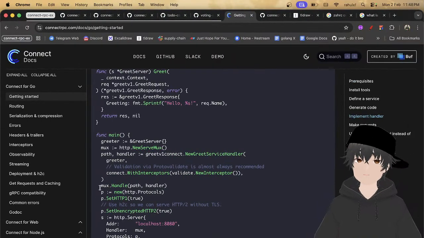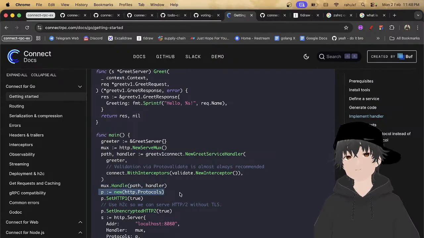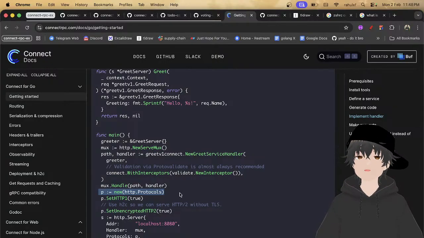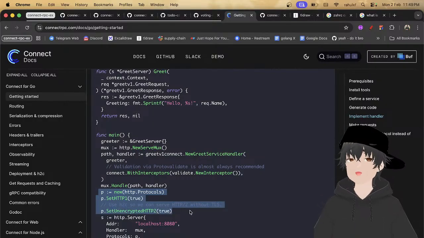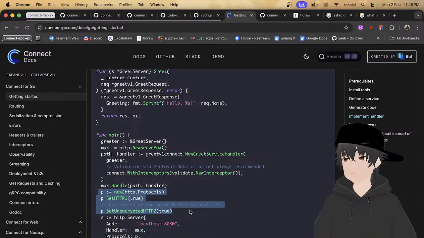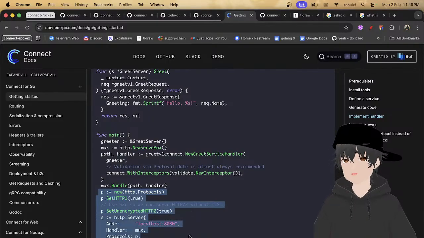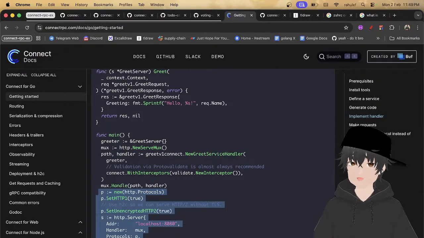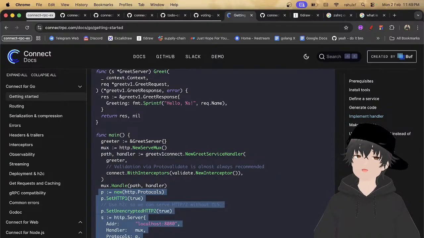So you got mux.Handle, and then you just need p := new HTTP protocols, p.SetHTTP1(true), and we use h2c so we can serve HTTP2 without TLS, which we will set as unencrypted HTTP2, then http.Server which has an address, a handler, and protocols, and then just s.ListenAndServe.